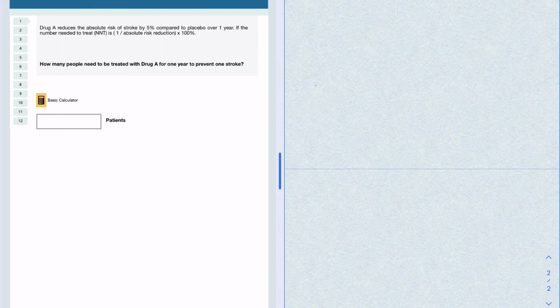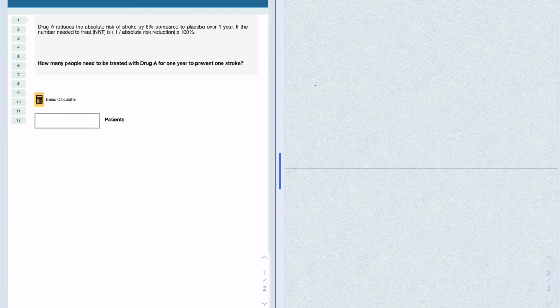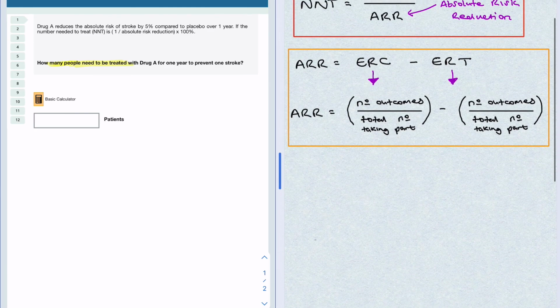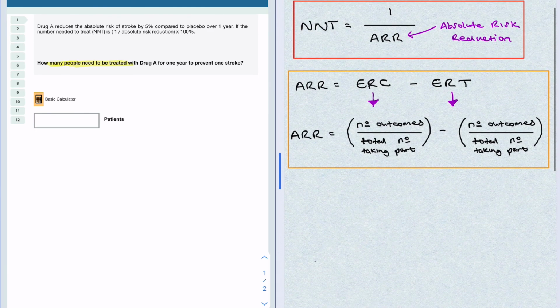But essentially, again, all I'm going to do is look at the question, look at what it's asking for. I've highlighted the fact that it's a number needed to treat question. How many people need to be treated? That's what the question is, an NNT question. So when I see that the question wants an NNT, straight away I'm going to be thinking, right, I'm going to lay it out in the same format as my previous two examples,